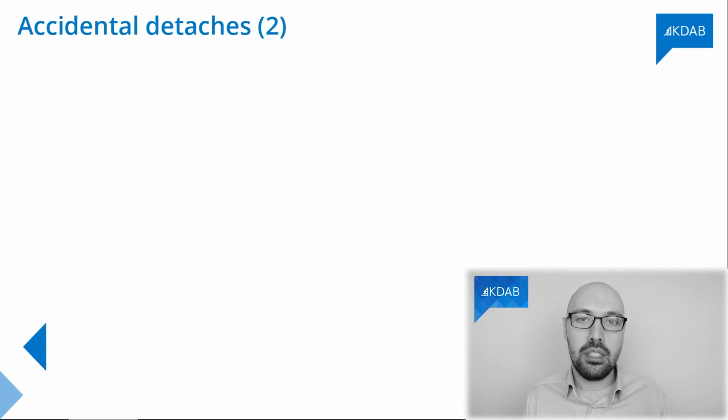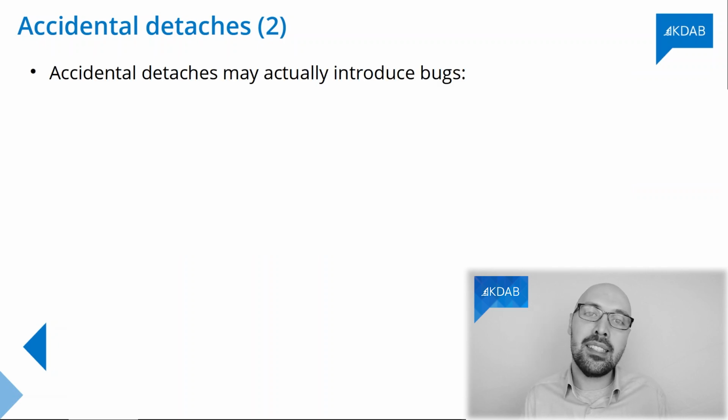And while still talking about accidental detaches, you may think that, okay, even if one slips through, it's not the end of the world, it's a little memory allocation, it's a little spike, I can live with that, and my application still works properly, still semantically correct. The full answer to this is actually no. An accidental detach may actually introduce bugs inside your application. To understand why, stay with me for a little bit, because this one is a bit more tricky to see.